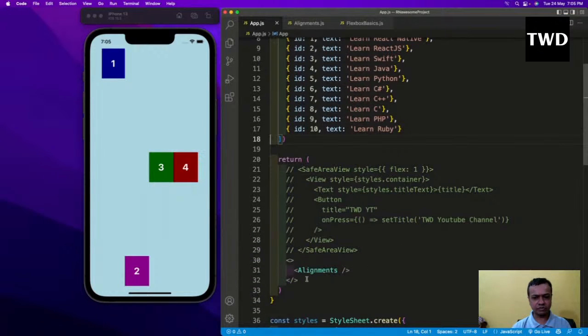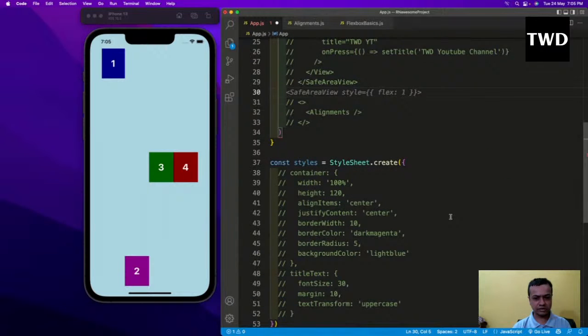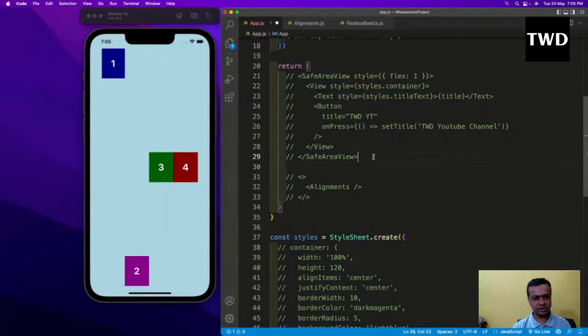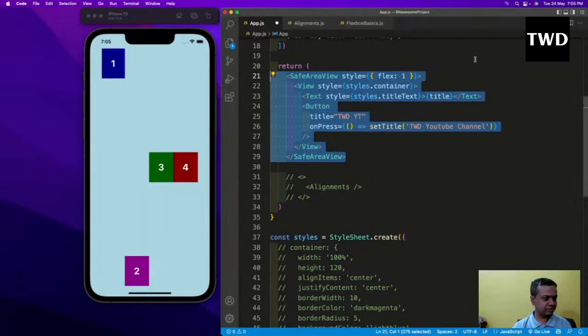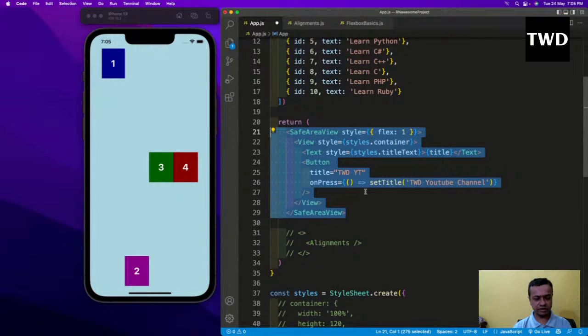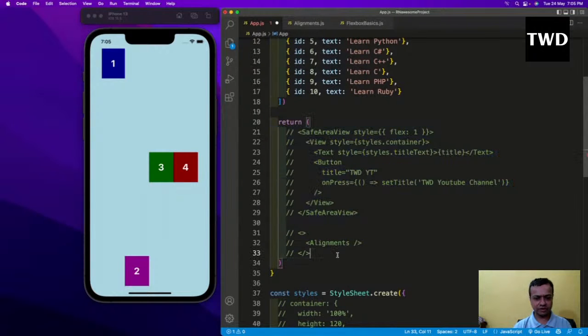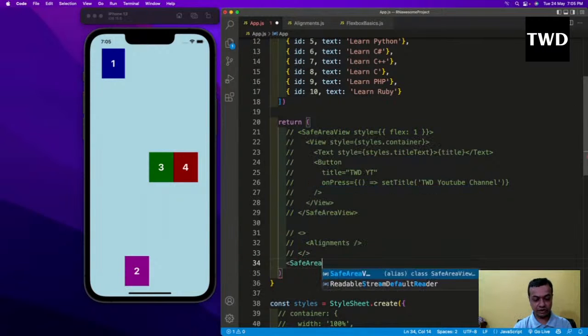So again, I'm going to do this alignment thing. I'm going to comment it out, because we did it yesterday. Now this safe area view, and maybe I want all of you to go through the videos and use it, make it so it will be much better. Or maybe I will keep it today, and I will have another safe area view,